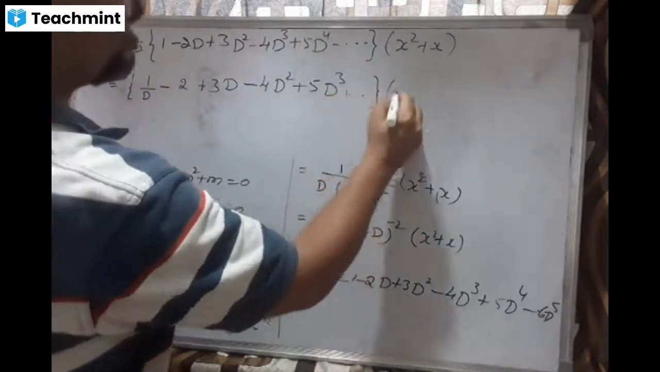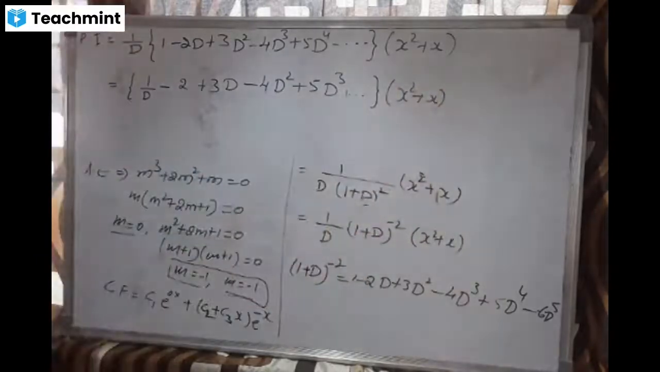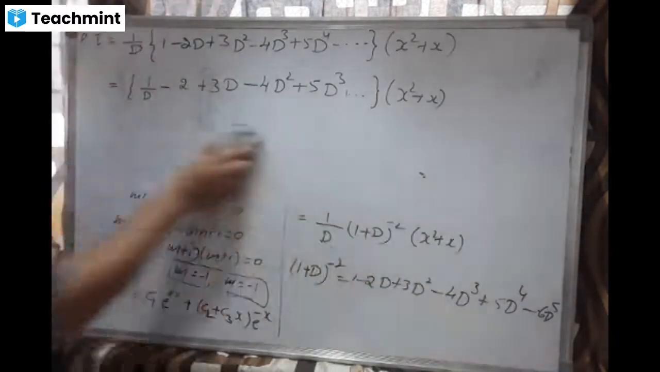I can stop it here itself because I can differentiate or integrate this x square, right? 1 time or 2 times, whatever times will be there. So now next step,